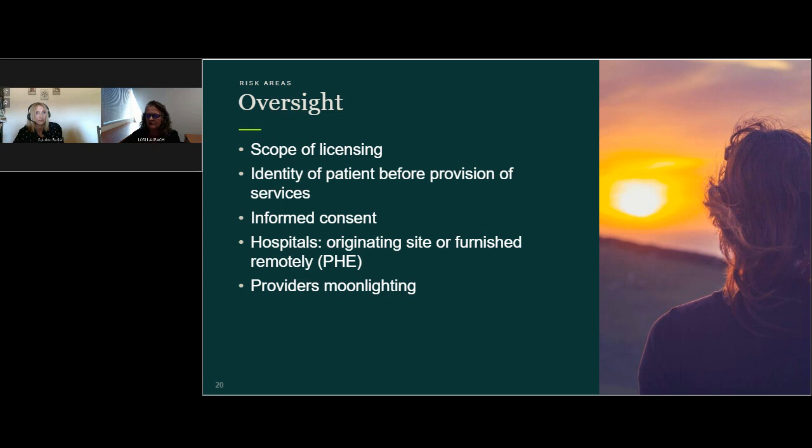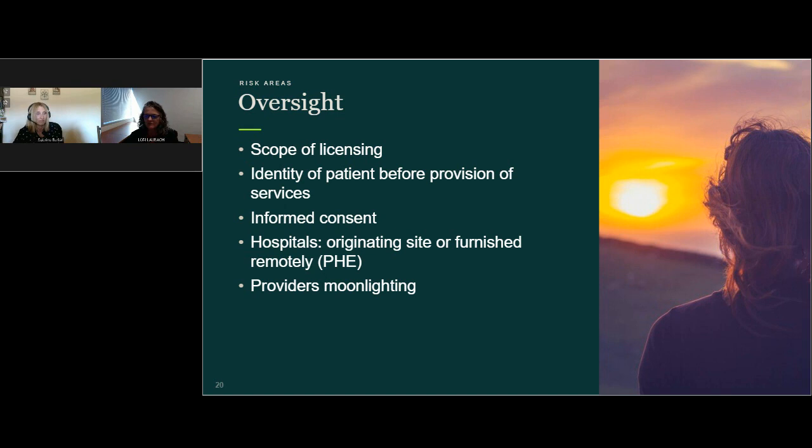This is when a hospital provides services via telehealth to a registered outpatient of the hospital. During PHE, they can be located in a provider-based department, including the hospital or patient's home. If the distance site practitioner furnishes the telehealth services to a registered hospital outpatient, and there is hospital staff that provides administrative and clinical support, then the hospital may bill the originating site facility fee. So there's actually a really good graphic in the FAQs that came out with telehealth, but